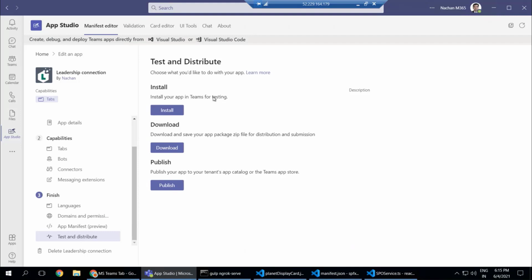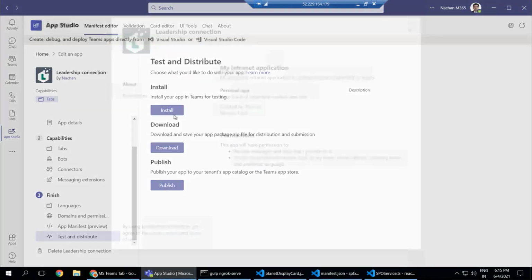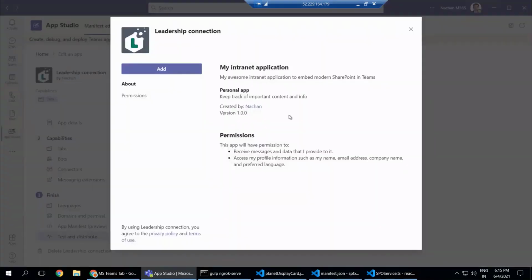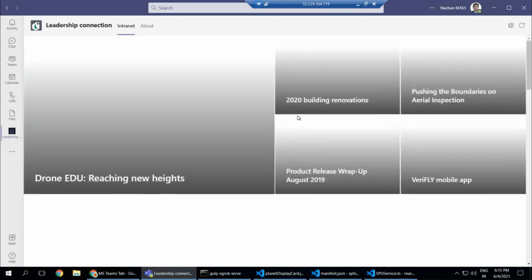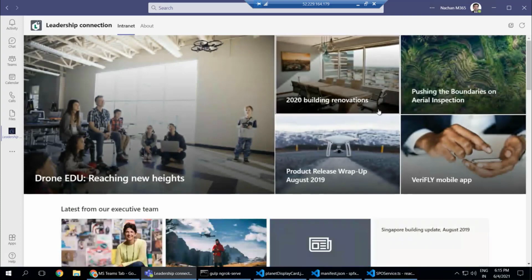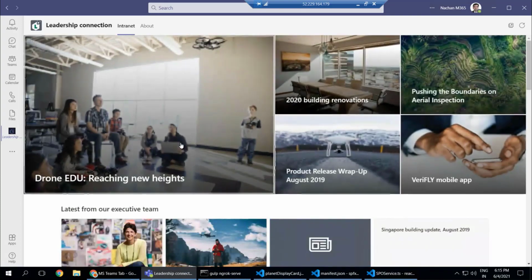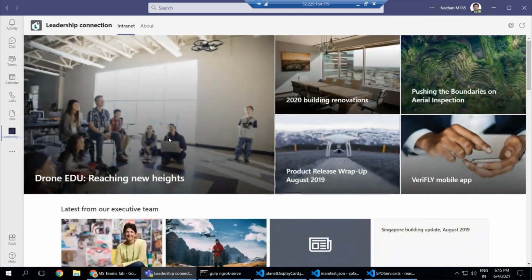And install the solution to your usage by clicking the install button. So this will enable you to test the configuration and validate the solution setup. So once you click add to install the application to your personal usage from the App Studio, after that you have to verify that the application is working based on your objectives in both web